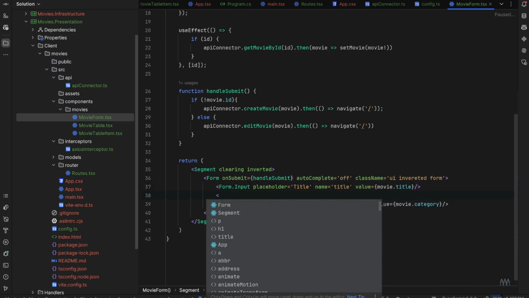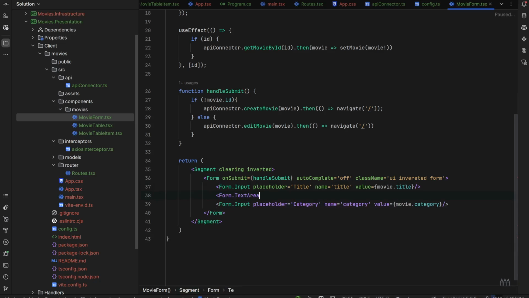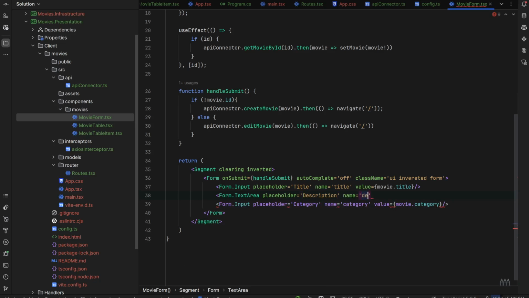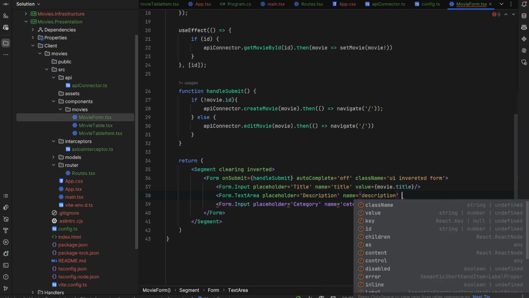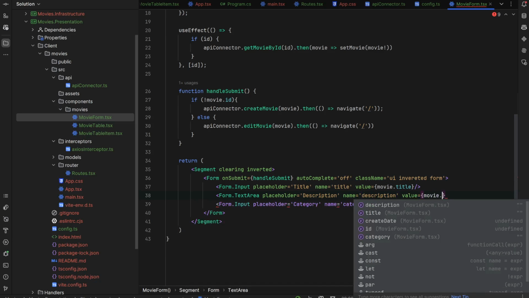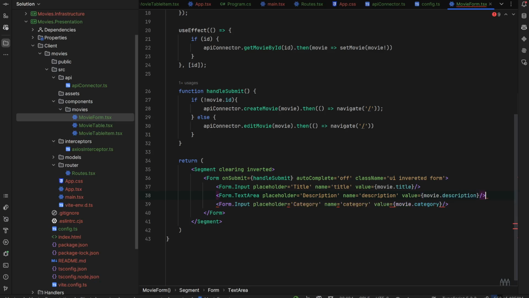And between those, we'll have the form.text area, because the description will be longer than the normal text input, and the placeholder will be called description, the name description, and in here we have the value equal to movie.description,